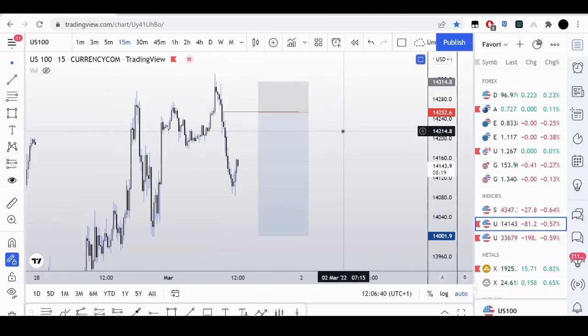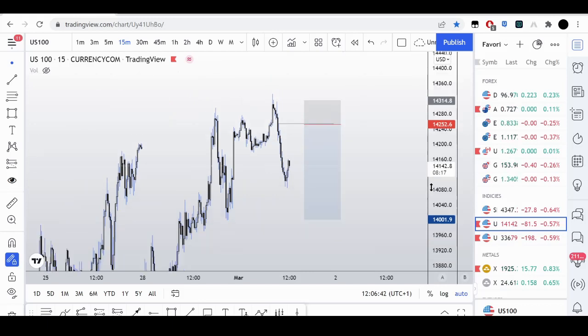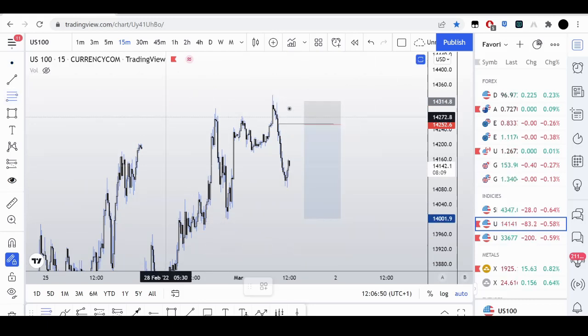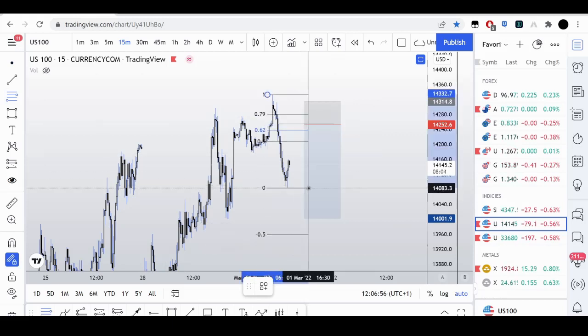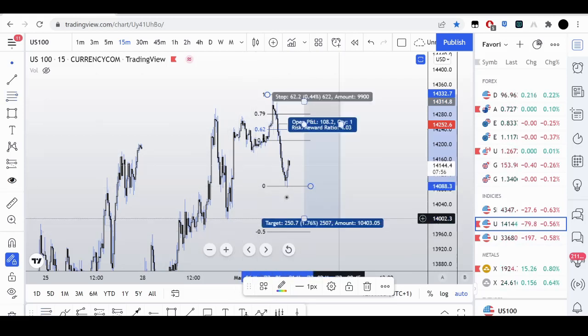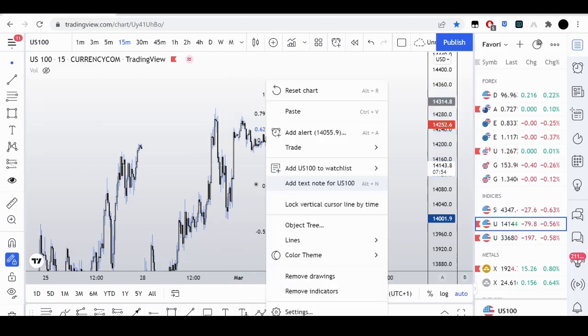All right, and then it targets sell side liquidity, which would be right here, and almost a 0.5 deviation with this fib from this high to this low right here. So almost down there, but I'd rather just aim for the low hanging fruit instead of trying to aim for it to take it all the way up and have a run. So yeah, that's what I'm looking for.